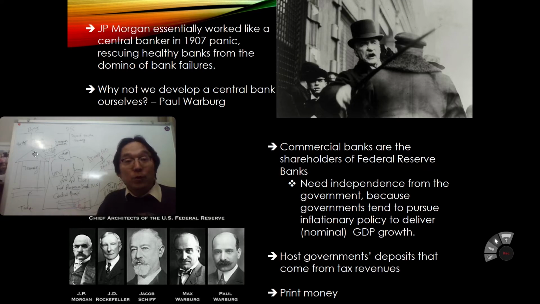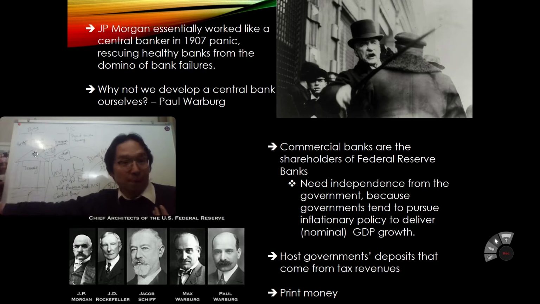Which was quite ironic. Luckily, he saved the system, but the people who watched that situation realized: what are we doing here? Isn't this the situation we really wanted to prevent before? Isn't it the reason we try to avoid any central bankers? But we essentially created one. So instead of leaving it to a human being, why don't we institutionalize it into a system so that it will be much more reliable and sustain into the long future? That was the idea of Paul Warburg and his gang.